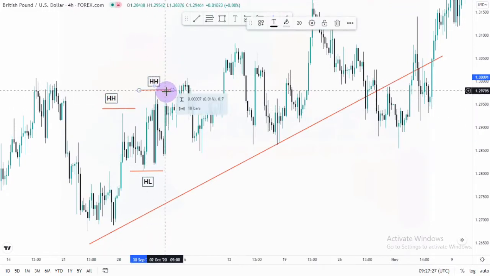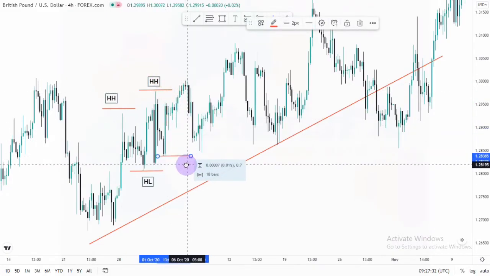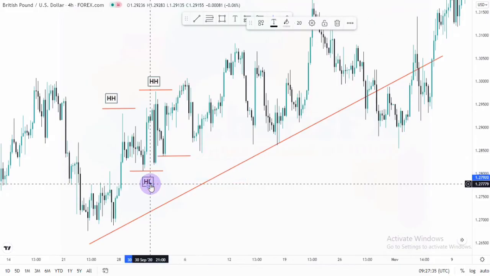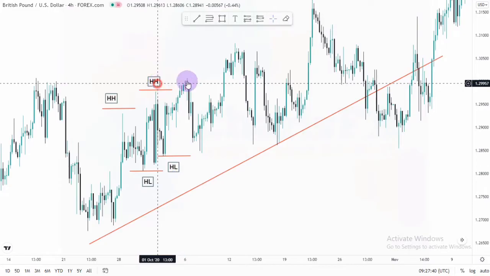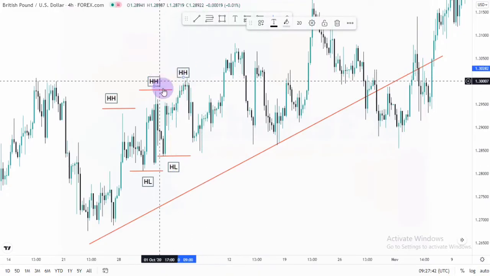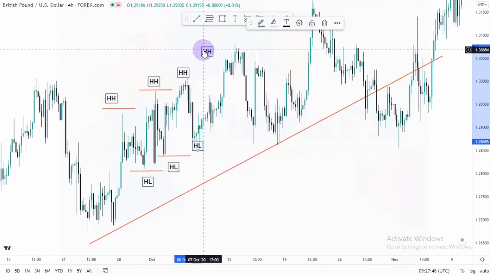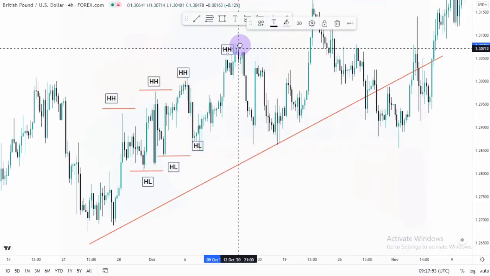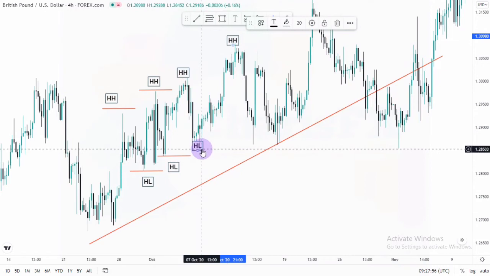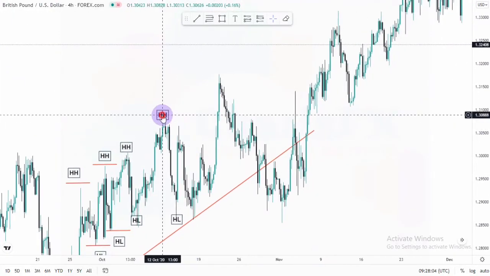so it's higher high, but the low is as well higher than the previous low, so that's why it's called higher low. Then another high that is higher than the previous high here, and another low that is higher than the previous low here. Then another high that is higher than the previous high, and another low here. You see that? So that's how price keeps forming higher highs